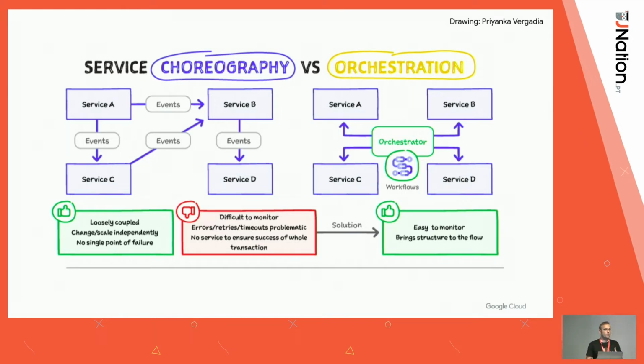So you have these two approaches, choreography or orchestration, and depending on what you want to do, one is usually better than the other. So for loosely coupled architectures, choreography is better. But for more structured architectures, orchestration is better. And the beauty of orchestration is that your services are still independent, so they are still independently deployed, but you kind of bring them together into what I call a temporary monolith, basically using an orchestrator.